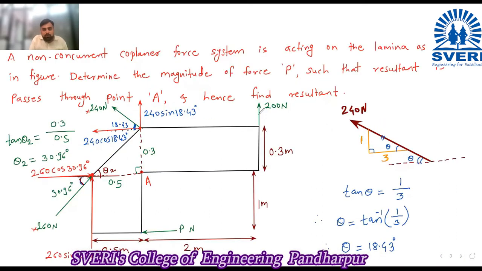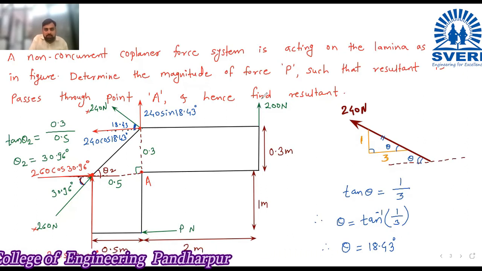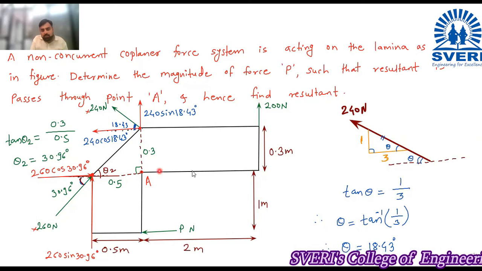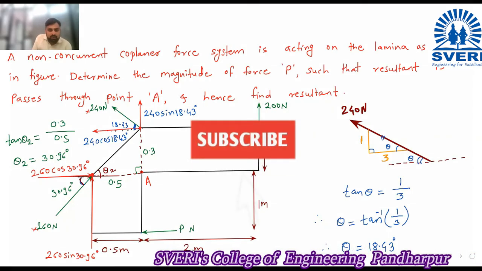Next is this force of 200 Newton. Okay, so now you can see force is here, 200 Newton, and the point is here, A point. So what is the distance? 2 meter. 200 force असा vertical force आहे. तर A point पासून याचे distance किती म्हणजे एवढा distance. So this distance is given as 2 meter.